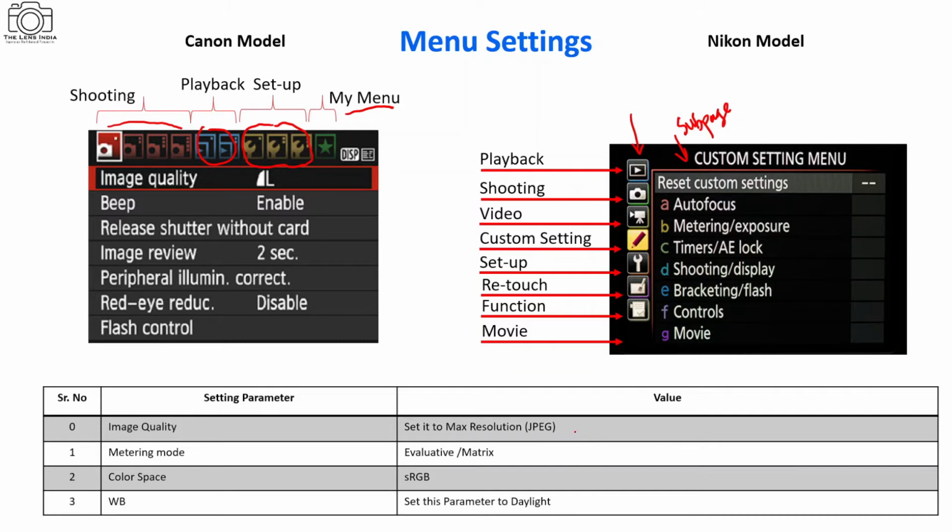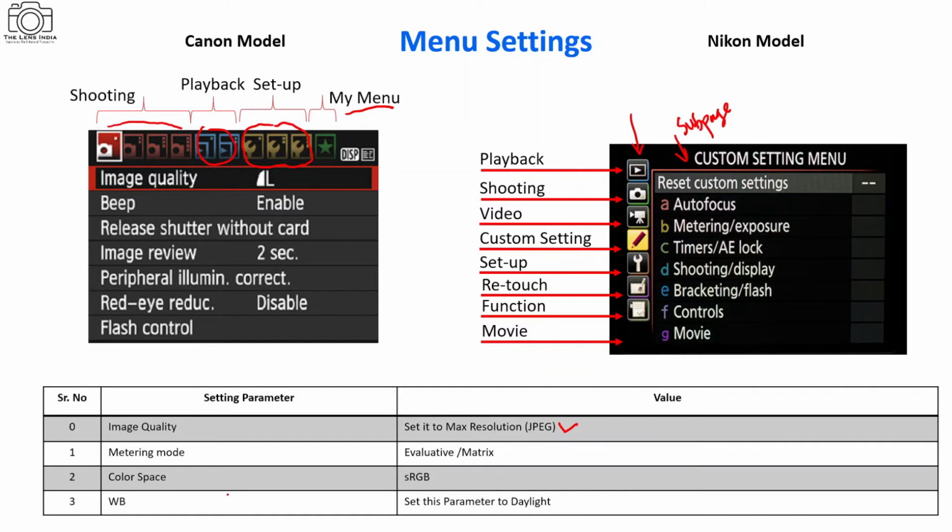But as of now, to start with basic photography, let's set this parameter to the JPEG file with the maximum resolution. Many times in your camera settings, you will have options where the pixel dimensions are mentioned. Particularly in Canon, they are called small, medium, and large. Small means whatever image you capture will be of a lower megapixel size, or the file size will be lesser. And the larger the image file you choose, the file size will increase.